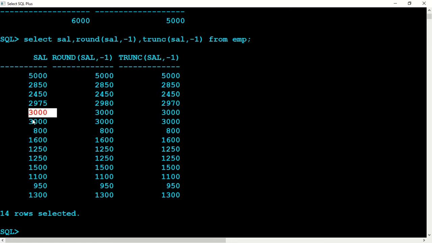Now 3000 no effect, 3000 no effect, 800 no effect, 600 no effect, okay. All this has no effect because the last digit is 0, okay. Now but if I say 3, if I say 3,